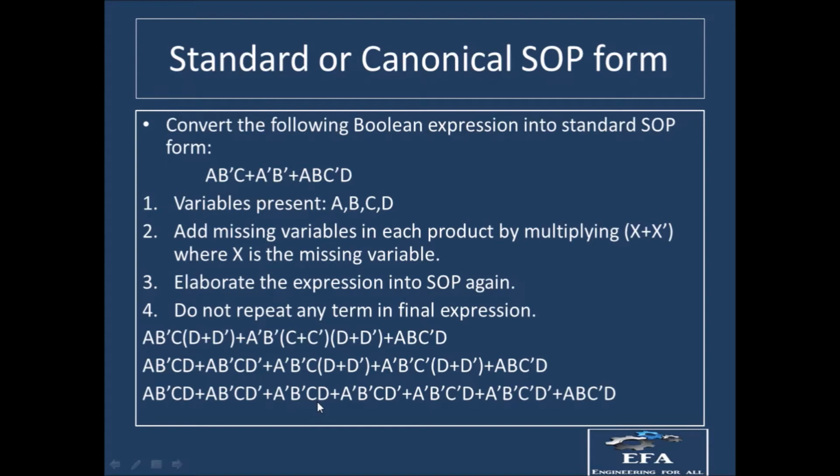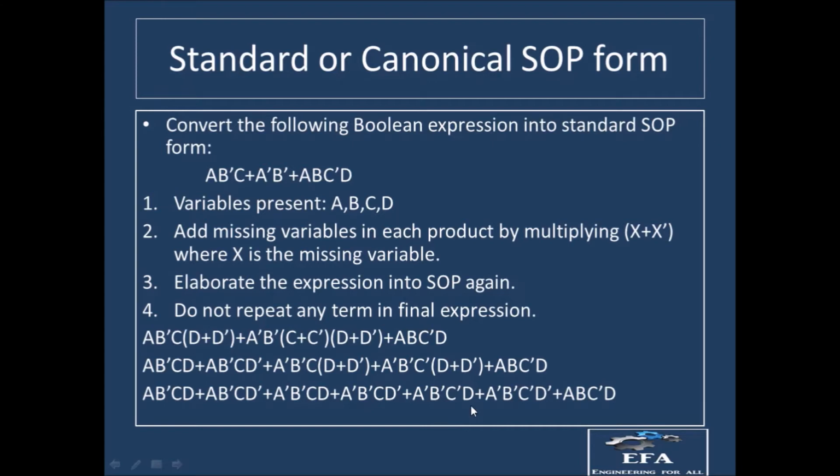Let us see that we are having A, B bar, C, D over here. So whether it is coming in the expression or not in any other place. So we are having A, B bar, C, D bar. No, it's not coming. Here also not coming. Here also not coming. Here also not coming. So in this way you need to check all the terms, right? So none of the terms are repeating. If they are repeating, you have to use them only once.